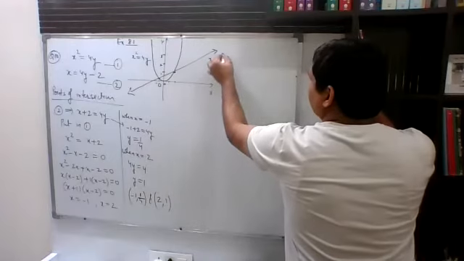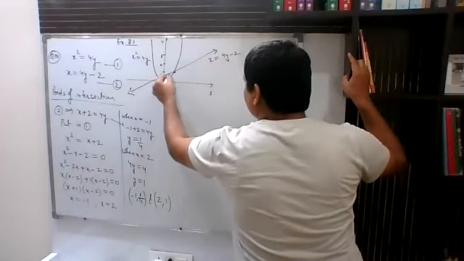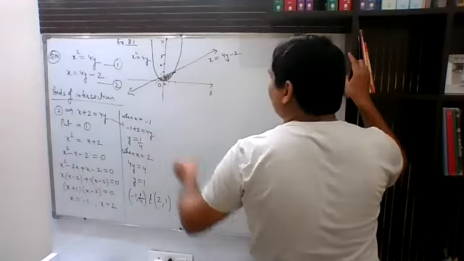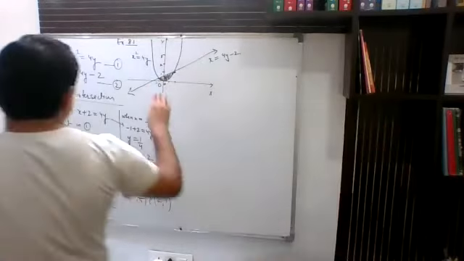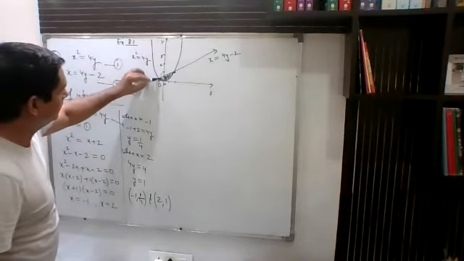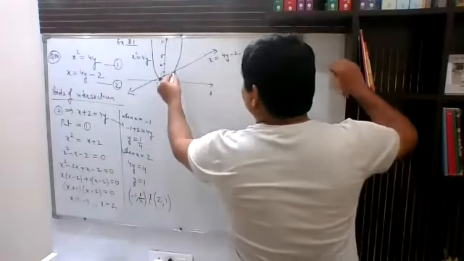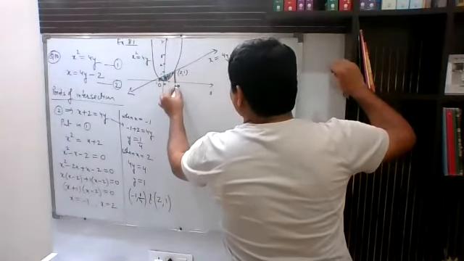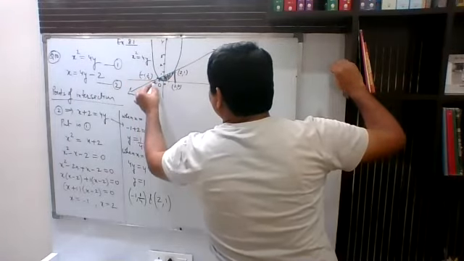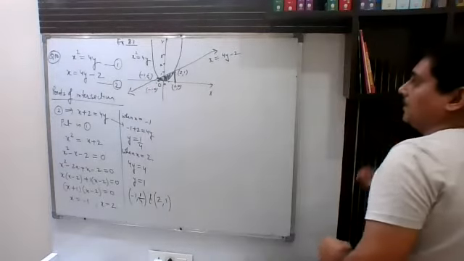So this is the equation. Now as per the question, we want to find this bounded area. This is the area which we want to find. In order to find this bounded area, you will draw perpendiculars from here as well as from here. This particular point was 2 comma 1 and this is obviously 2 comma 0. This point was minus 1 comma 1 by 4, so this is minus 1 comma 0.